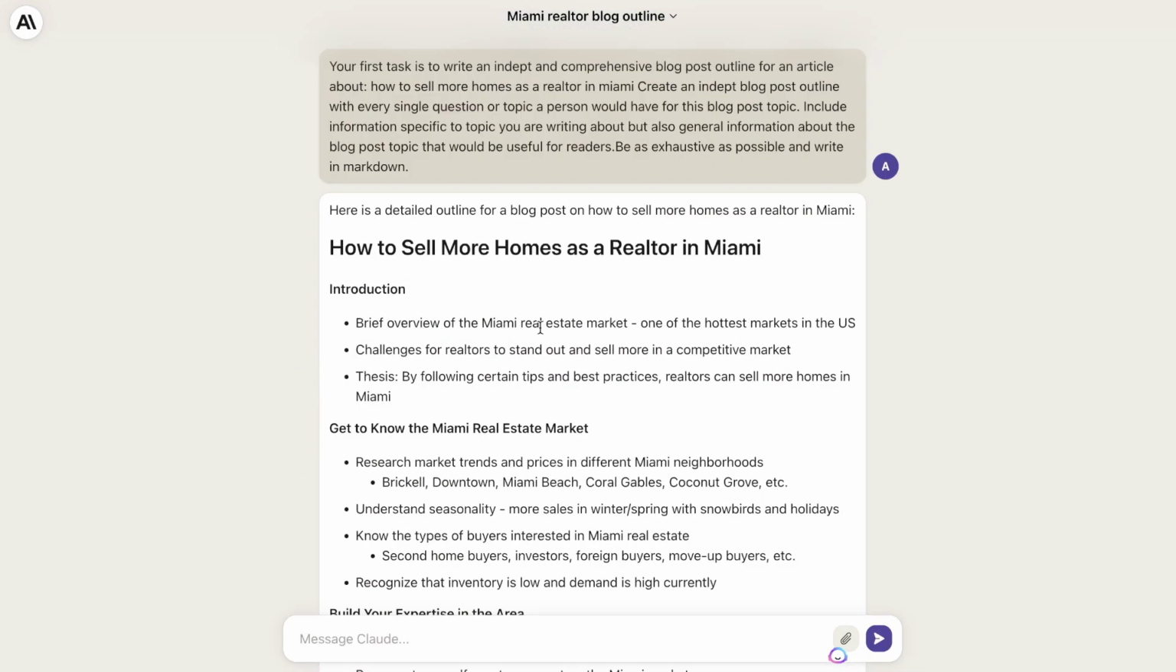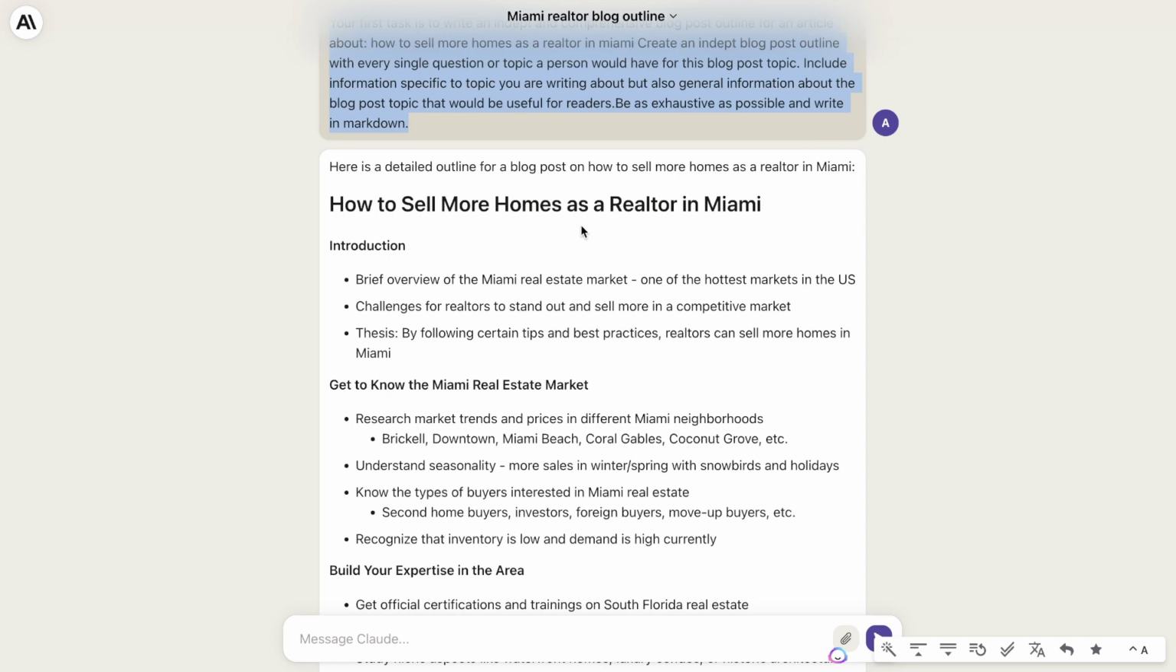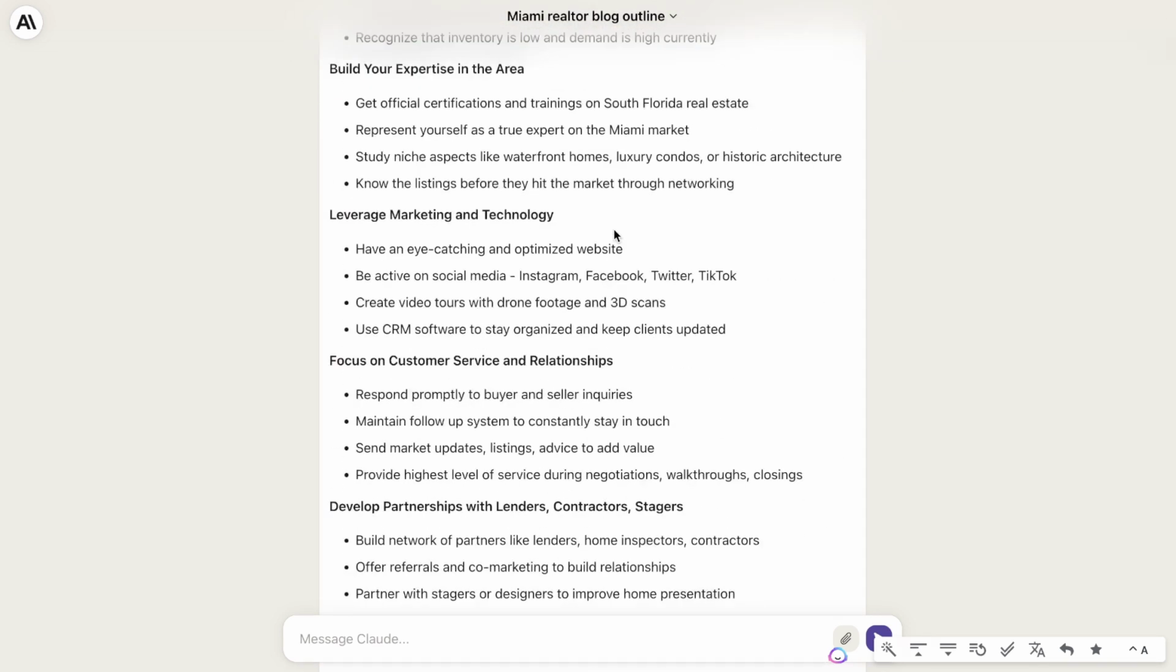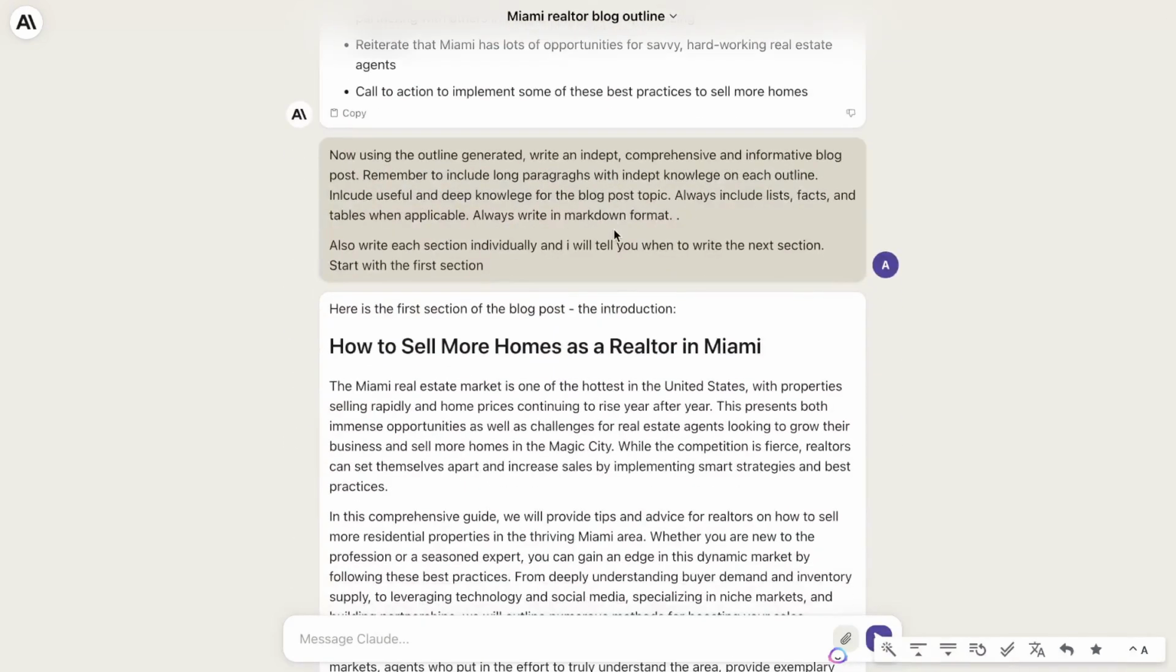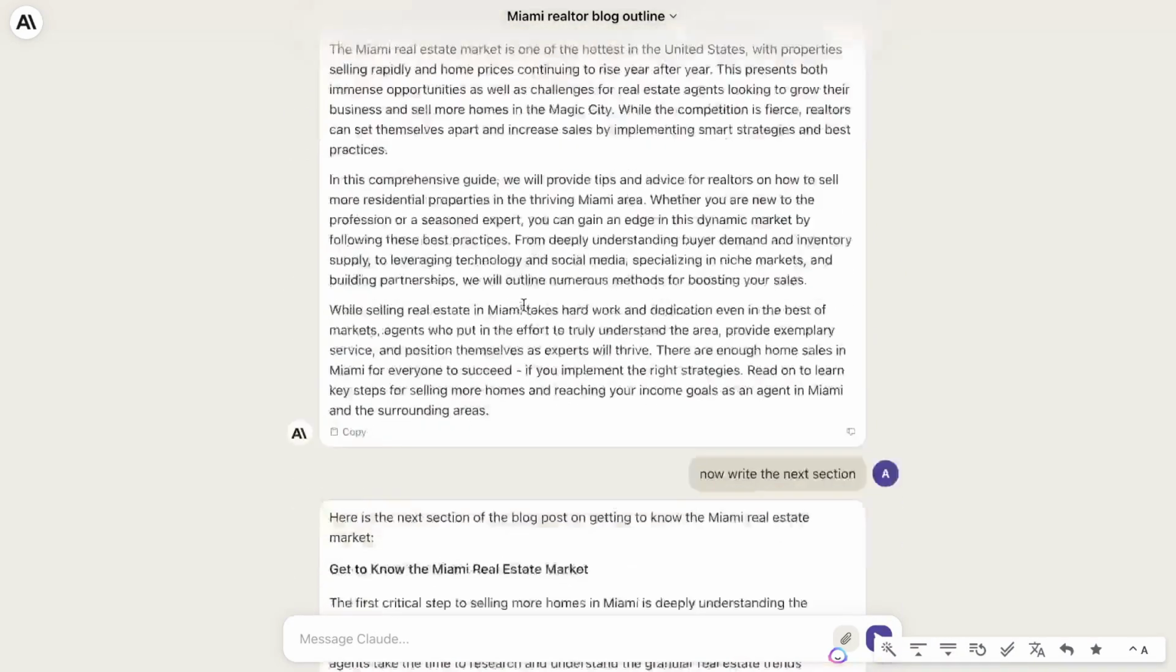I've already generated the blog post using Claude. First, I went ahead and generated an outline. This article is about how to sell more homes as a realtor in Miami. I've generated the outline first, and then I've generated each section by section so that we can get a more